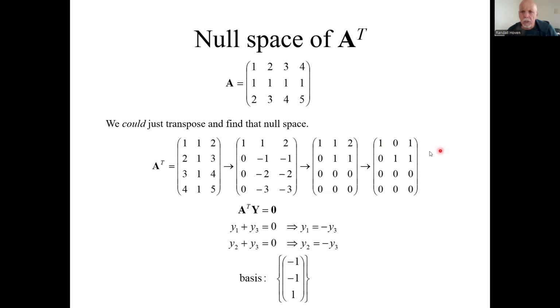And you use the pivot rows, or the rows with the pivots in them, to write scalar equations. This one means y1 plus y3 equals 0. This one means y2 plus y3 equals 0. Solve those and use the 1, 0 trick, but we don't need to do that here. So its dimension is 1, and here's a basis. You just said y3 equals 1, and the y1 and y2 come out of it. That's finding a null space, really. But